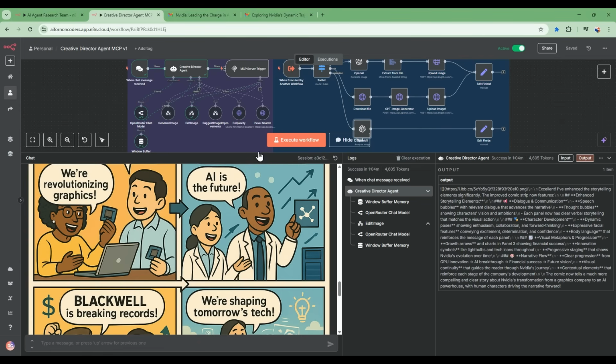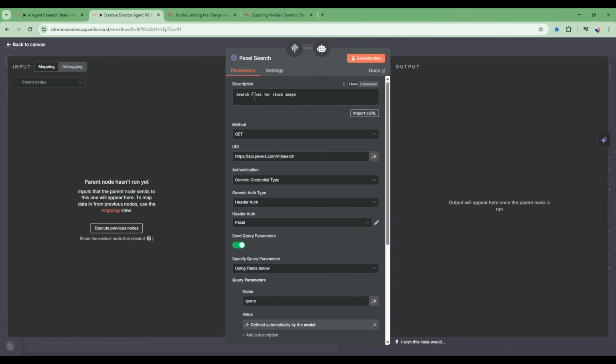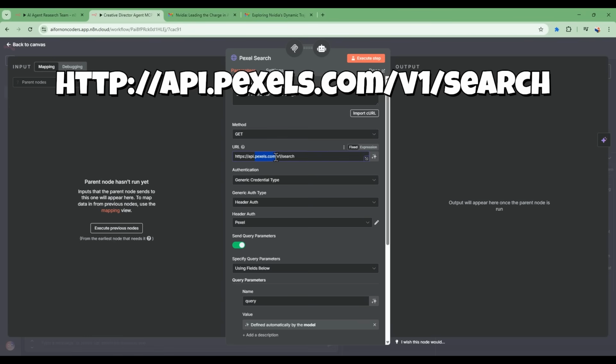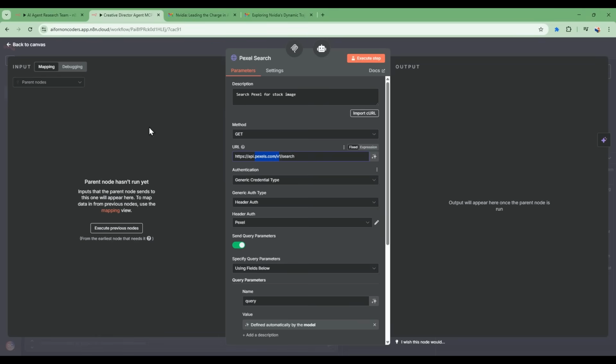The last thing I want to highlight is that this workflow also has this Pexels search. This Pexels search has stock images. If I go into here, search Pexels for stock images. These are stock images that you may get, and you can use this at pexels.com. It's a free API, a very, very cool service. So I added this in here